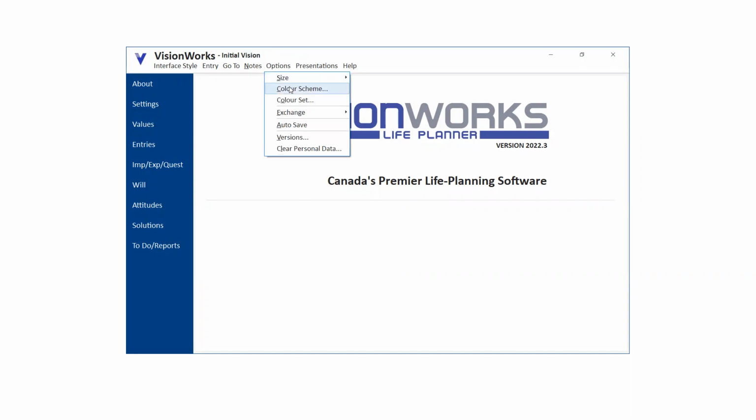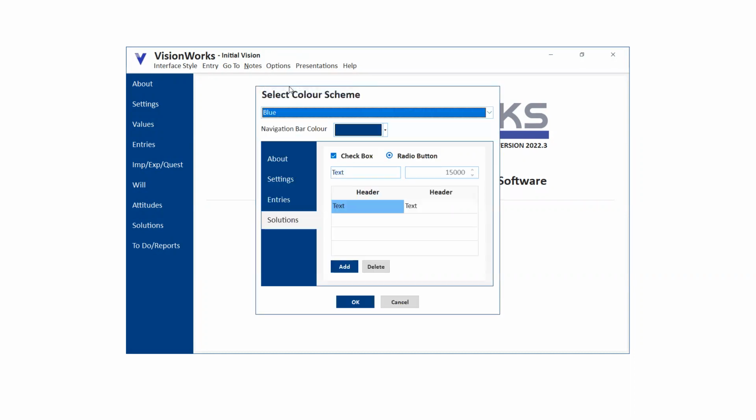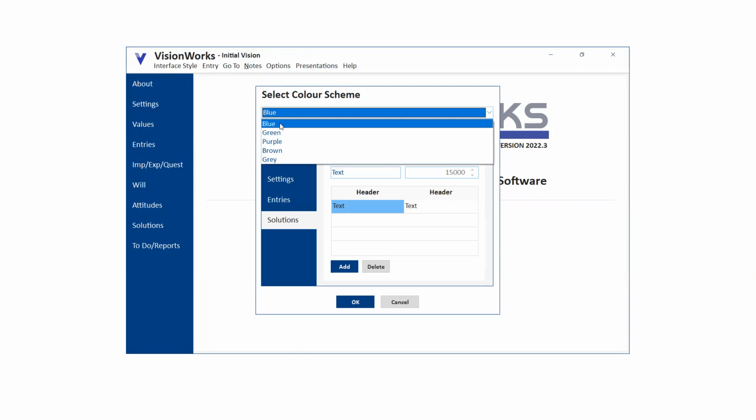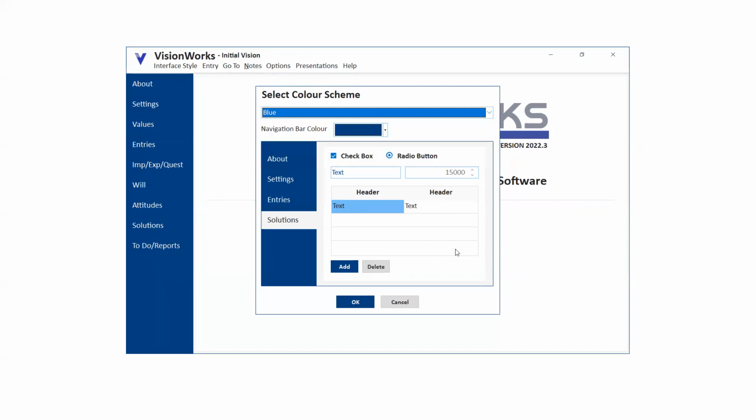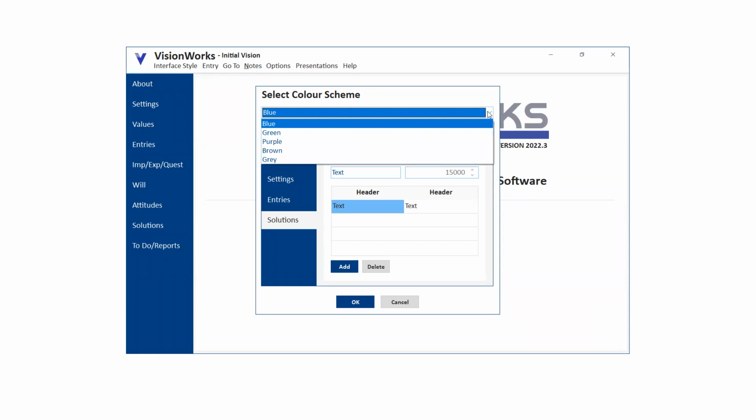I also want you to see the color scheme. So you can actually change the colors on the software to match your corporate colors. Now, this first drop down is actually for complementary colors. By that, I mean colors of add buttons, borders around text boxes, that sort of thing. So if I wanted to use red as my primary color,